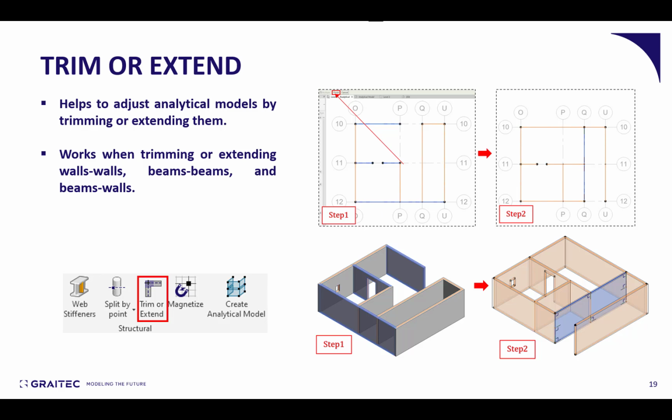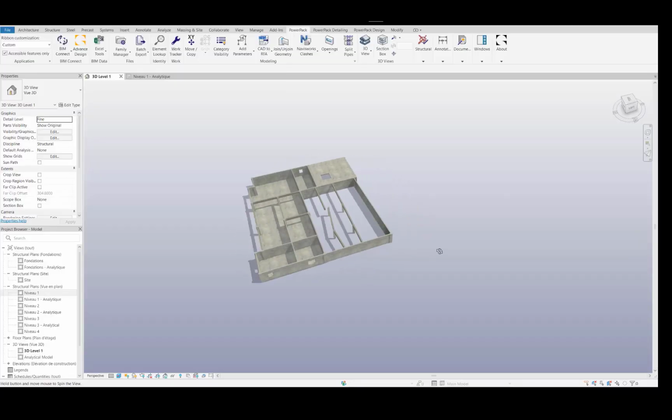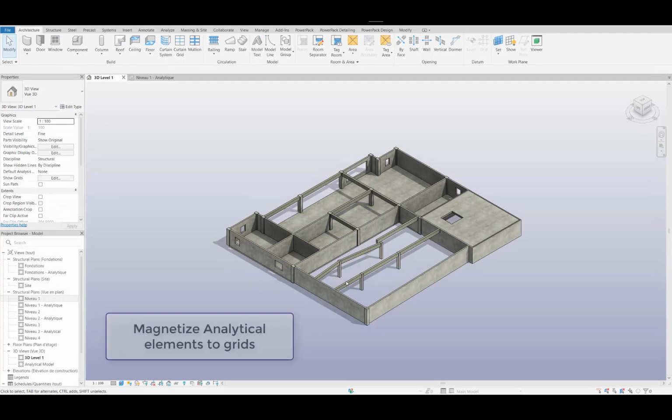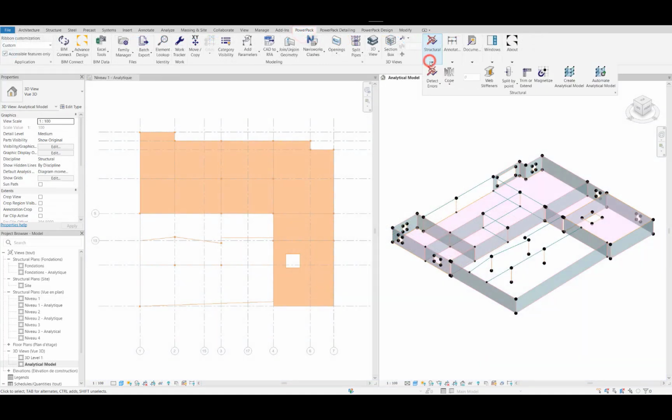It's a novelty which was brought to the version quite recently, but we also offer this command to manage multiple elements in Revit with our PowerPack. So to show you briefly how it looks, I propose to present the magnetism command first in this video.